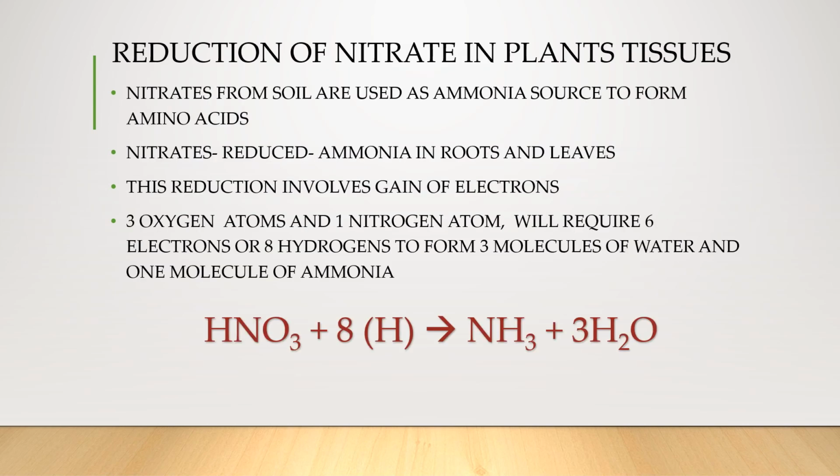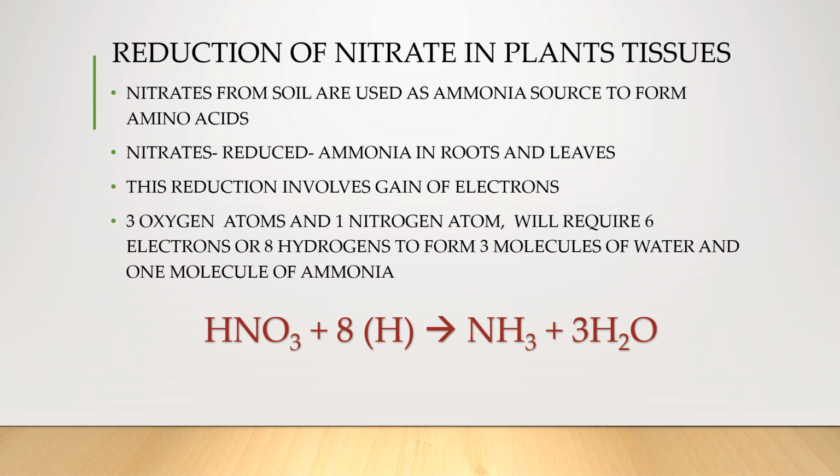Reduction of nitrate in plant tissues. The nitrates from the soil are converted into an ammonia source and then to amino acids. The reduction of nitrates into ammonia takes place in the roots as well as in the leaves, and this reduction process requires gain of electrons. So here you can see that the three atoms of oxygen and one atom of nitrogen will require around 6 electrons or around 8 protons, that is 8 hydrogens, to form 3 molecules of water and 1 molecule of